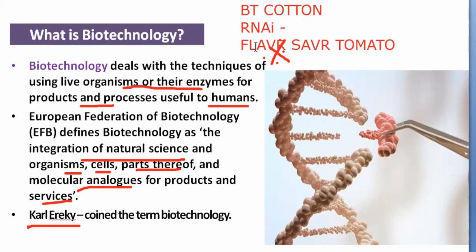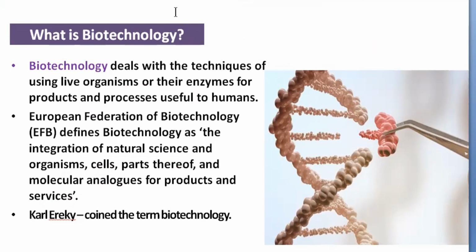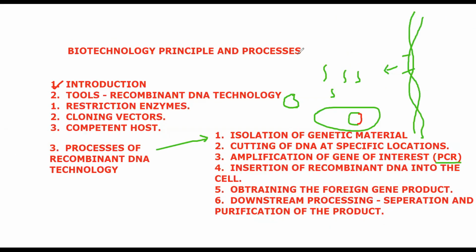All these are uses in agriculture. And medicines. Biotechnology is useful in medicines also. Just now we have told about getting a genetically engineered insulin. To get a genetically engineered insulin, we can use biotechnology. I'll just give you a gist on how to produce genetically engineered insulin.